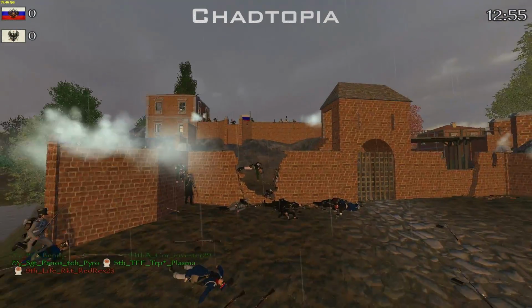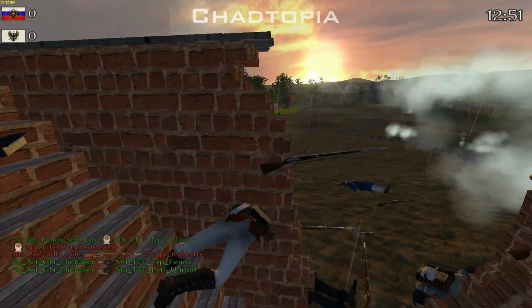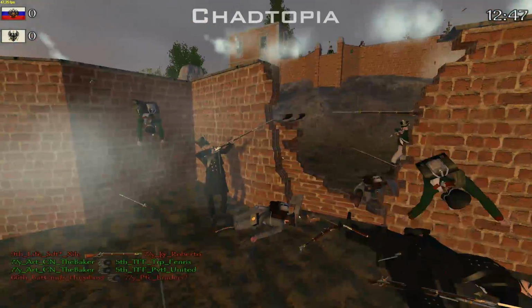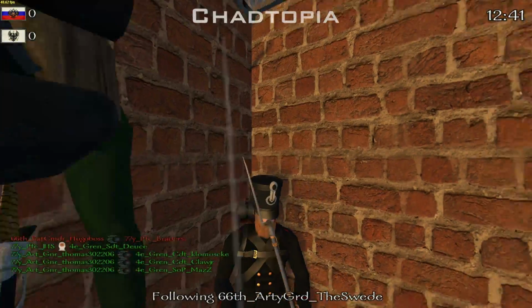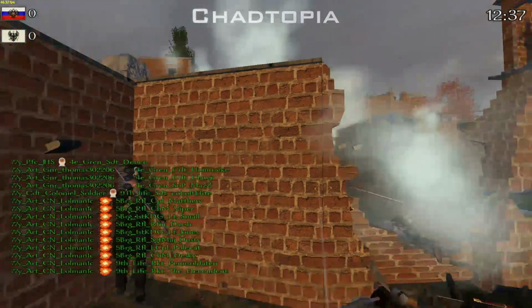There we go, there's the first official breach. So the left hand side of the fort has been breached. One of the 77Y goes down. I think that was Roberto. Still twitching as Russians... oh, yeah, okay, you can stop twitching, you're dead already. So as you can see, there's a sneaky Russian there. The Swede, the 66...